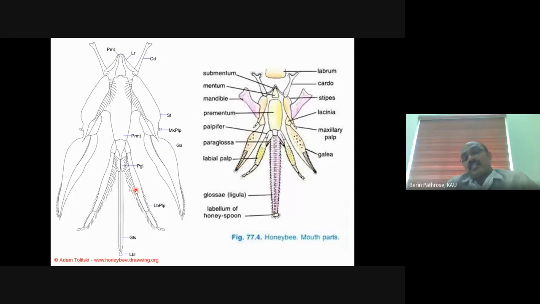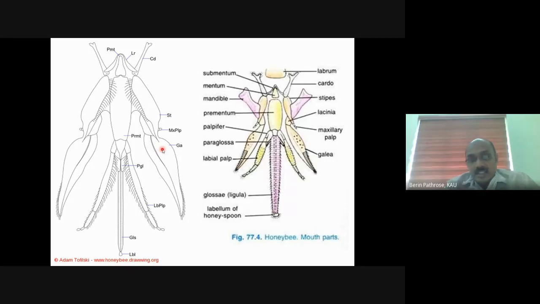And we see the structure of maxillae. See, this is the labium, the middle part. This is the maxillae on the sides. These two are fused into a single structure. At the base of the maxillae we have cardo, and the stipe is slightly enlarged, and the maxillary palpi is extremely reduced. This small structure is the maxillary palpi, but the galea is enlarged. You can see this enlarged structure, that is the galea, but lacinia is lost. Lacinia is absent.